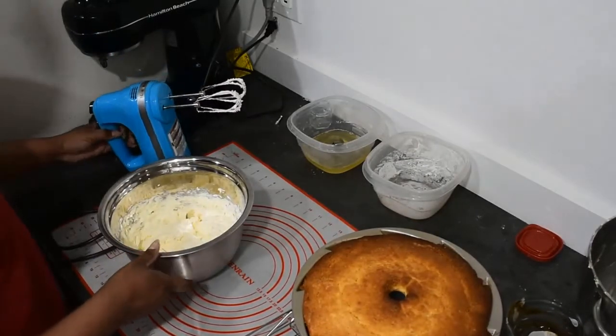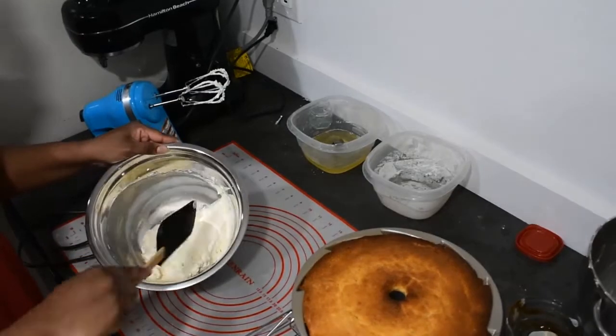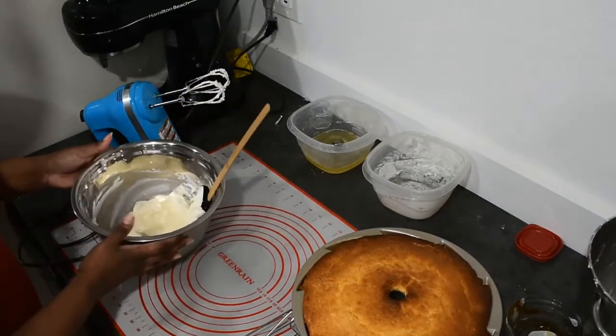It would seem the computer does not want to play any more music. It's just gonna freeze. So I'm gonna grab a spatula and scrape down my bowl. So this looks about doubled in size from what I started with, which is what you want. Which means I'm gonna start adding my powdered sugar. But before I do that, I'm going to actually